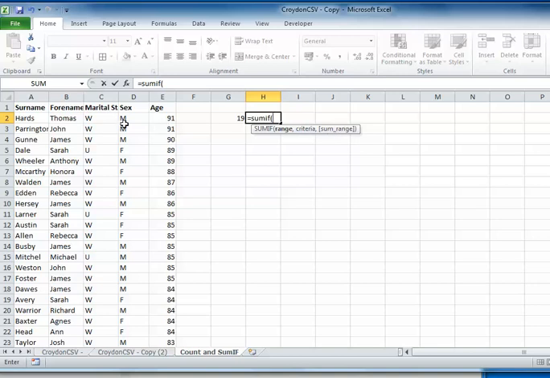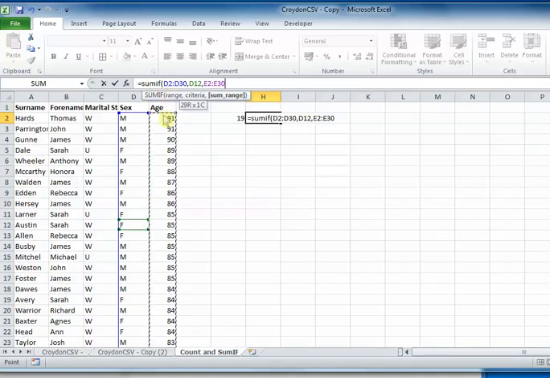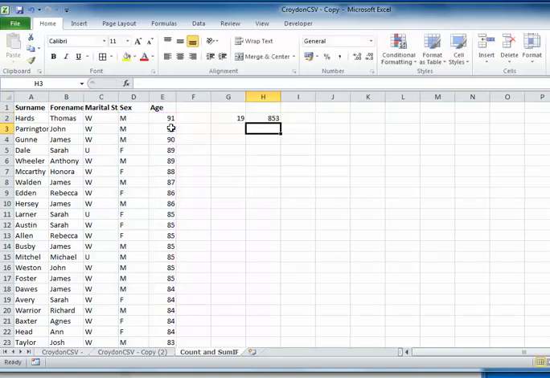So my range is going to be here, and then comma, and I'll do female this time. So there's my criteria, and now I need my sum range, which is going to be the numerical value that I wish to sum. There's my sum range, bracket on that, and now it's going to add up